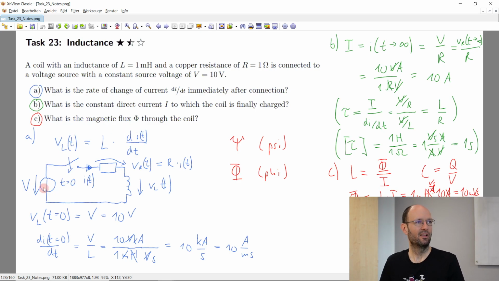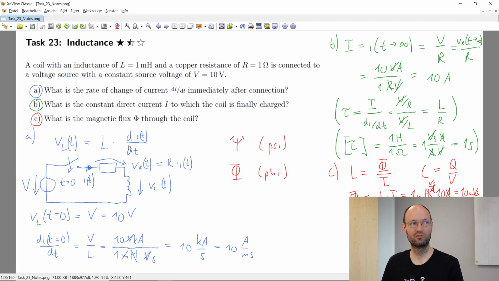And at the beginning, if the switch is open, there can be no current. Before the connection, before we connect the inductance with this copper resistance to the source voltage, there is no current, because if there's no connection, there can be no current. So before closing the switch, the current is zero. If we close the switch,